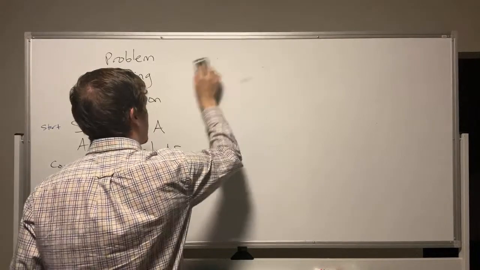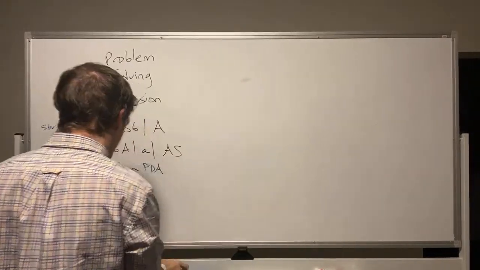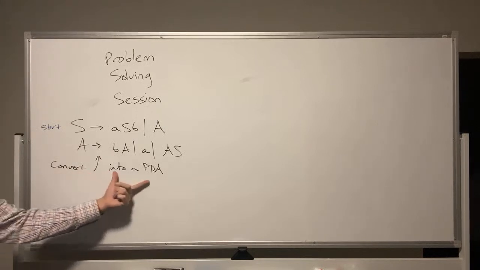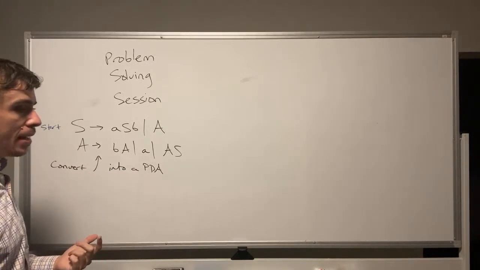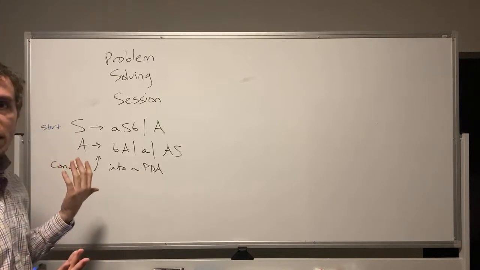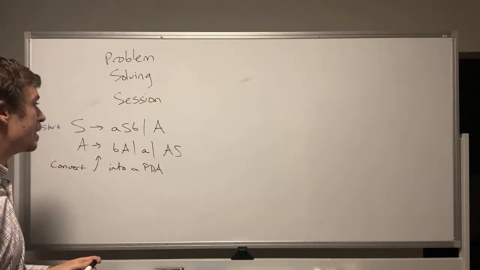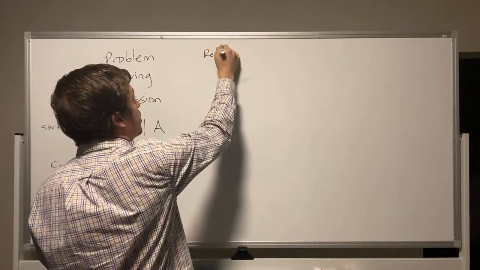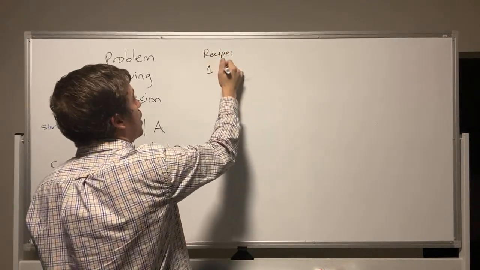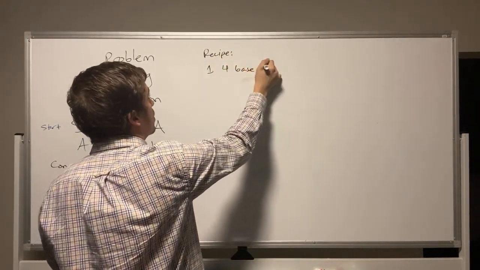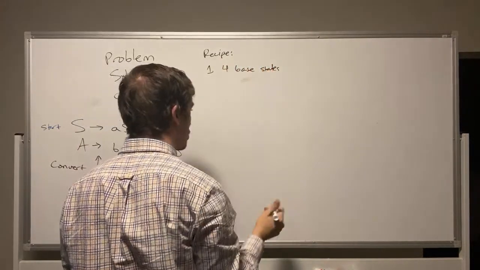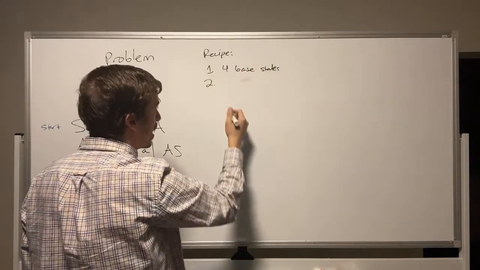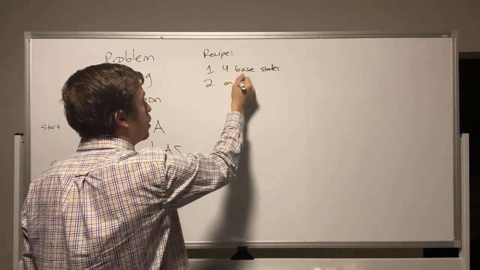All right. So the art of converting a grammar into a PDA is that we follow a basic recipe. The recipe is that we're going to have 4 base states, and the names don't really matter. And then the second one, and we'll see how to do that. The second one, on the third state,